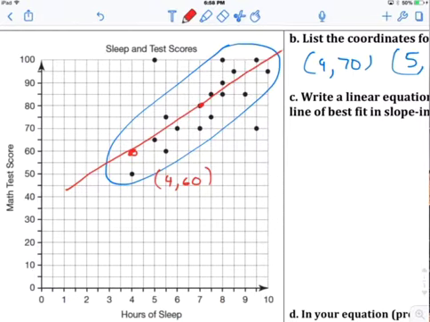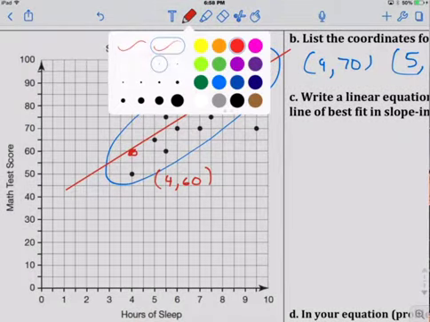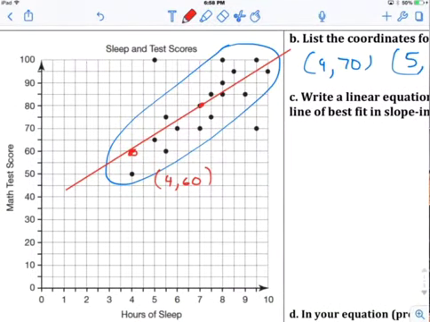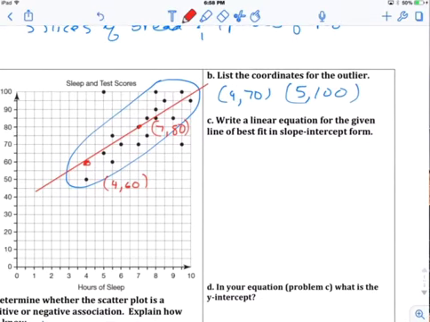And then you draw in your line of best fit. Do not forget to draw in your line of best fit, otherwise your points don't count. 7 and 80. It's easier to choose your points, then draw your line of best fit, than do it the other way around. Write a linear equation